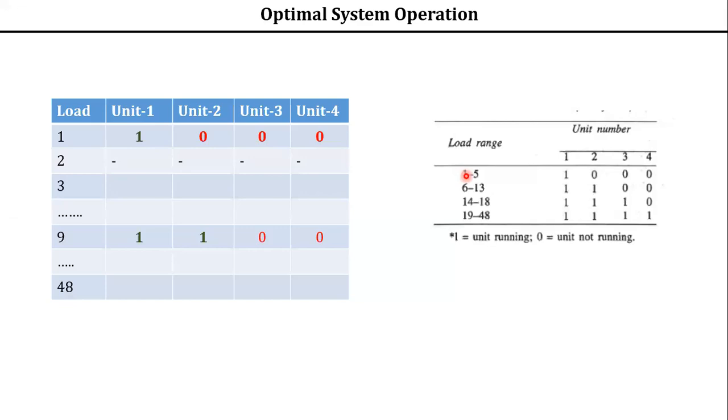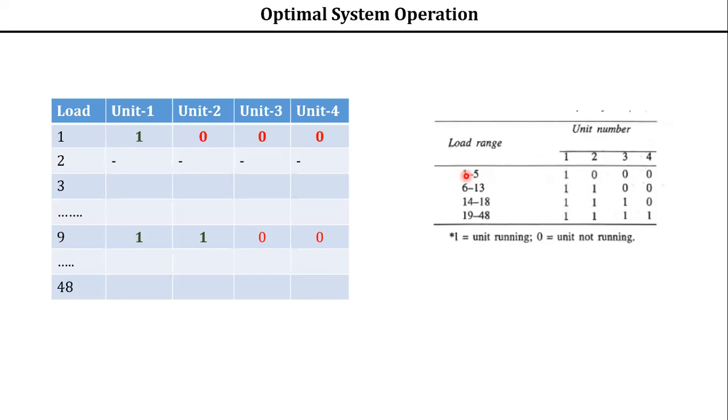Suppose any additions are made, then you have to prepare it again. Suppose you take Raichur thermal station, 8 units. First they had only 2 units. They kept on adding; I think between the 80s and 90s it was running with 2 units. Later, they kept on adding 1 more unit. So whenever such units are added, you have to prepare this unit commitment table again.